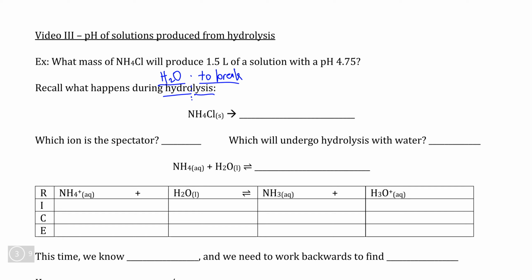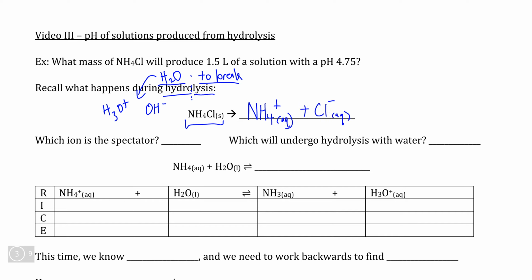Now, in acid-base chemistry, water can either be broken or changed rather to form either OH- if we're dealing with a basic compound, or H3O+ if we're dealing with an acidic compound. So when dealing with a salt here, the first thing to figure out is whether this salt is going to behave as an acid or a base once it's dissolved. Well, we know that this compound is going to fully dissolve in water because, according to the solubility rules, all ammonium compounds are fully soluble in water, which means this is going to dissociate into the ammonium ion and the